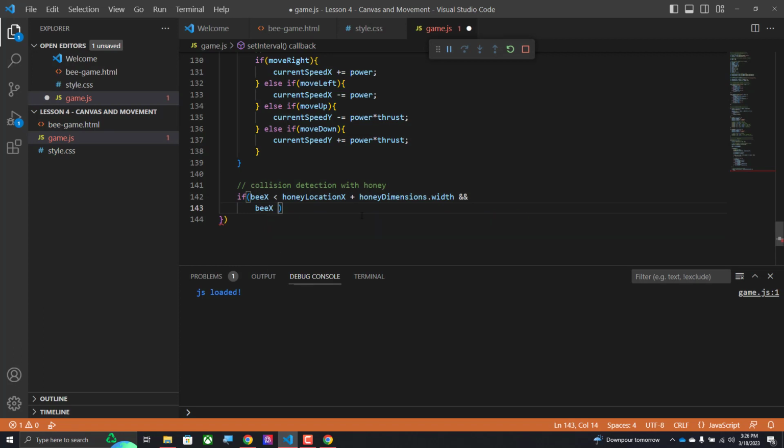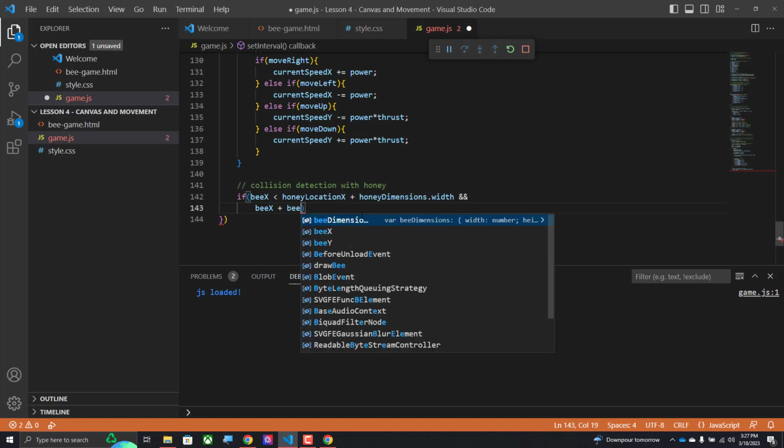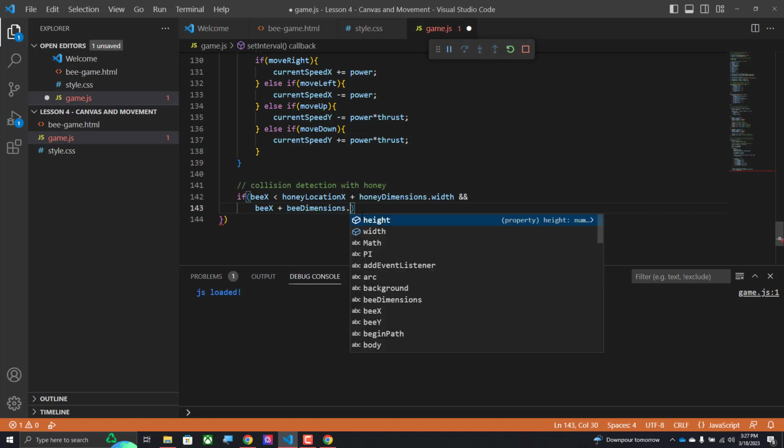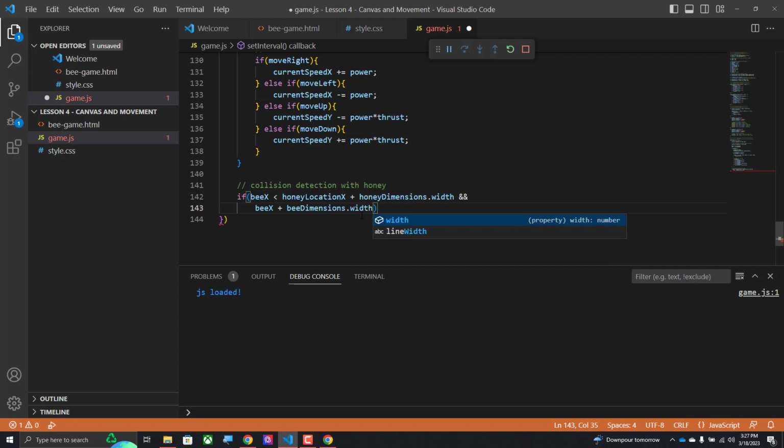Bx plus b dimensions dot width is greater than honey location x. So this is going to give us a nice little range on the x-axis where our b is touching the